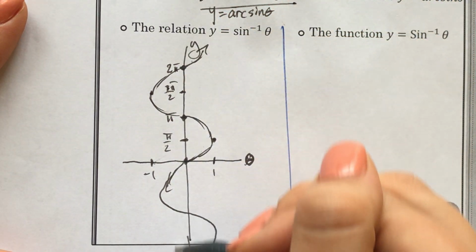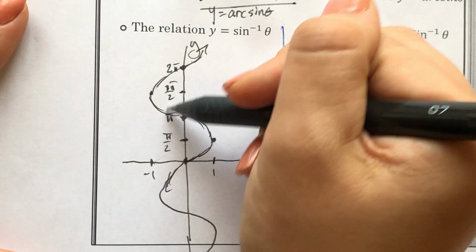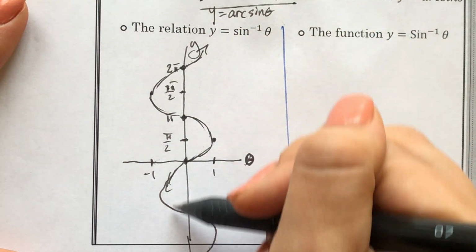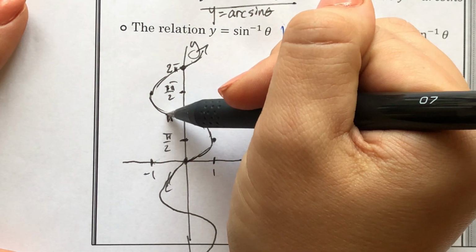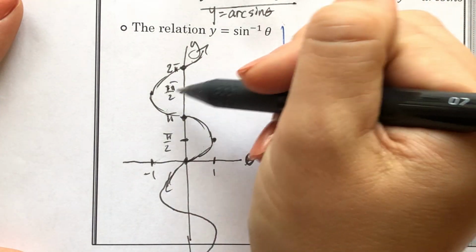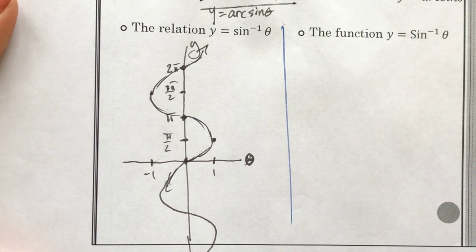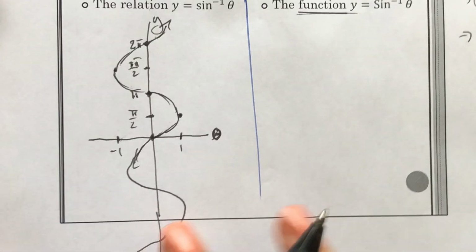So if I just drew a vertical line at a certain x value, like -1/2, it has a whole bunch of different y values, right? This would be, let's see, 5 pi over 4, etc. So if I wanted to do a function, what I would need to do to this, like let's think,